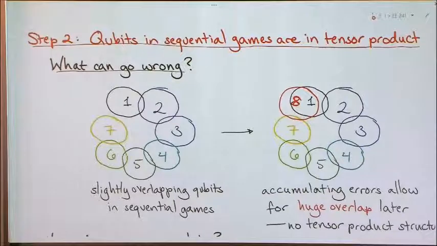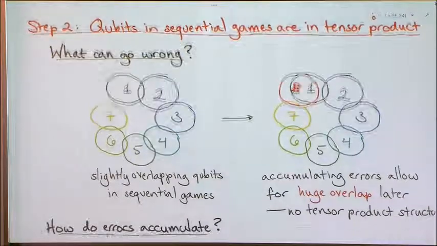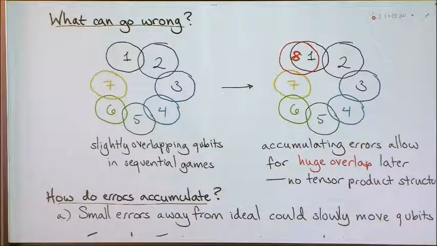So say we play the first 7 games, and these qubits that they use, they overlap slightly. Like they can overlap by like square root of epsilon at least, because they're not exactly in EPR pairs, which would be monogamous. They're only close to EPR pairs, which are not exactly monogamous. But then the problem is that these square root of epsilon errors could keep on accumulating, and maybe in the last game or game 8, whatever, there's suddenly a huge overlap. So the location of the qubit you measure in game 8 could overlap completely with the location of the qubit that you measured in game 1. And then this theorem would be false, because the theorem says that everything is in tensor product.